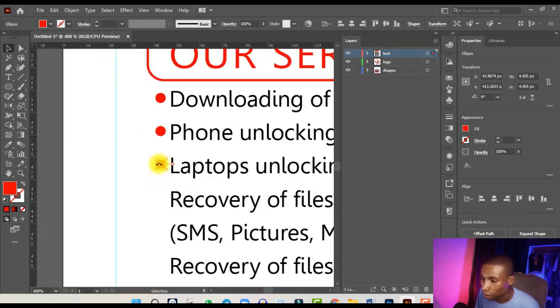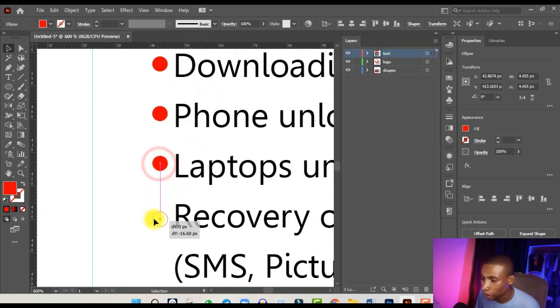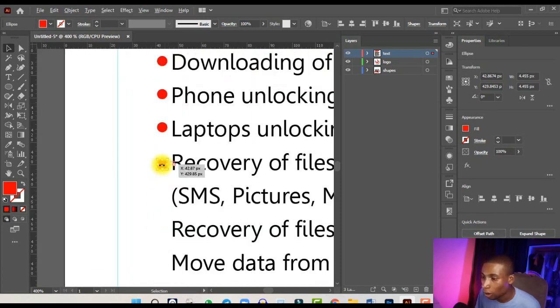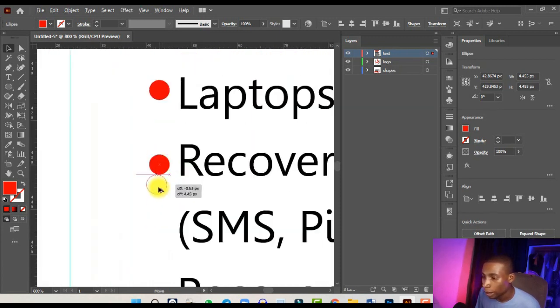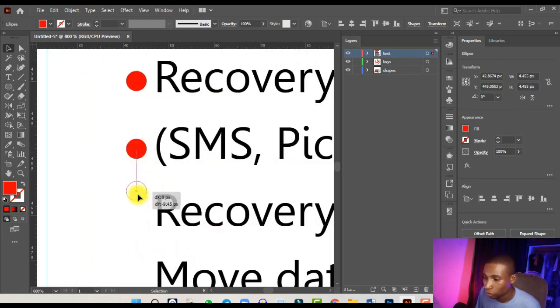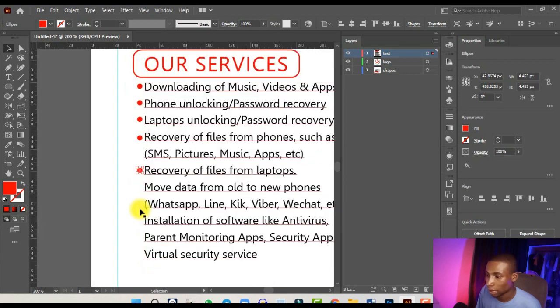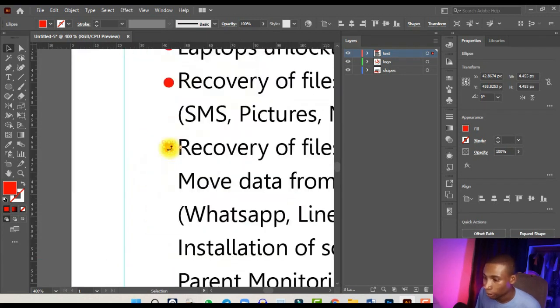Okay, keep doing that again, Alt and Shift to be on a straight line. Now when you hold Alt and you hold Shift, you remain on a straight line, but when you leave Shift, it does not remain on a straight line. So you hold Shift to be on a straight line like that. So this I think should be here because this is the same service as that, and I'm going to do that